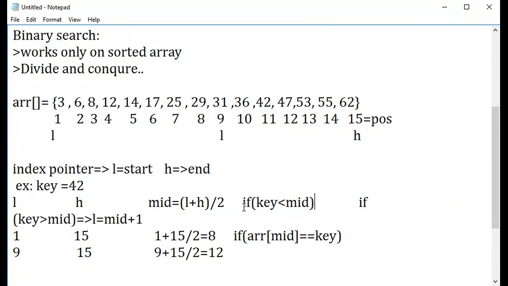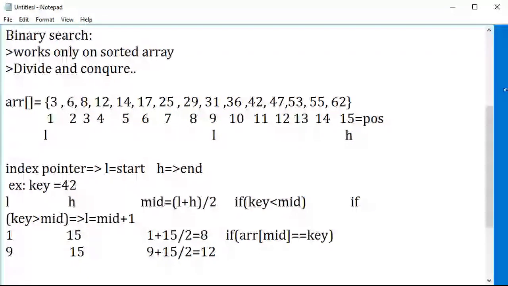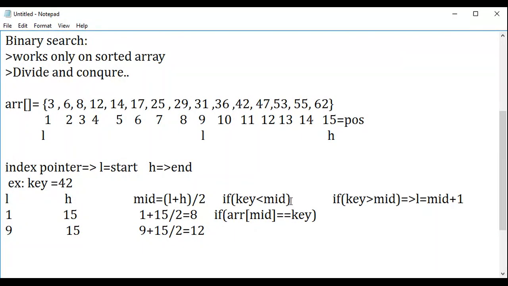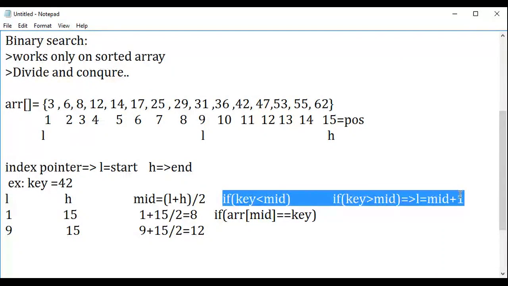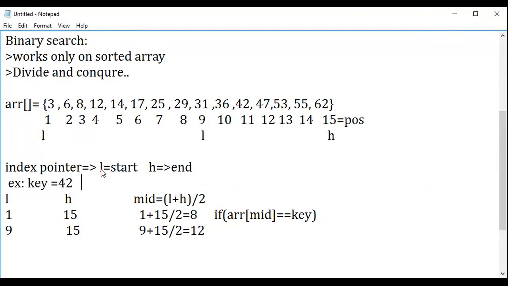So let me place it in just a minute, guys. It's coming down. Okay. So I'm going to check the condition here. Let me paste this one above. Since it is folding down, I'll paste this condition above for your reference.